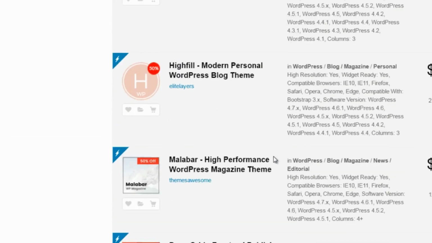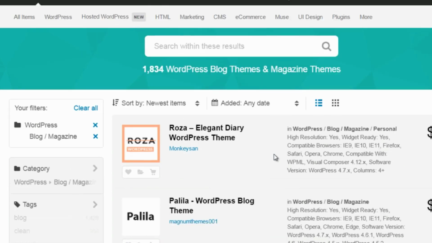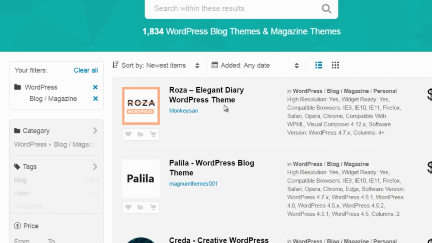So as you can see, it ranges about $20 to about $54 per theme. But these themes are very, very professional and can definitely make you stand out. And if somebody comes to your site, you want to make a good first impression. And if you do that, that's one side of getting people to trust you, is to make sure that your site looks professional. So that's just something to think about as well.